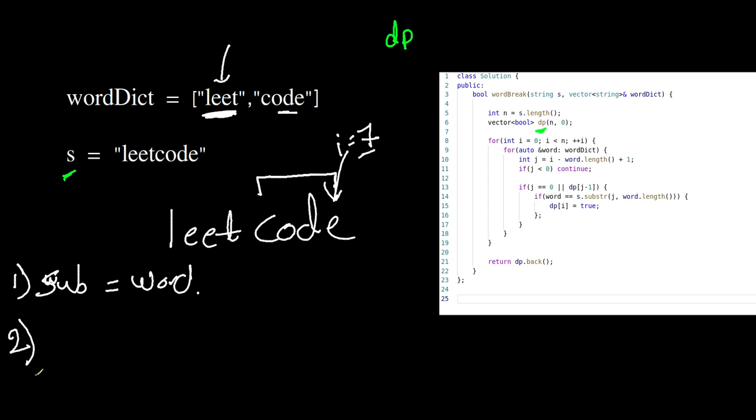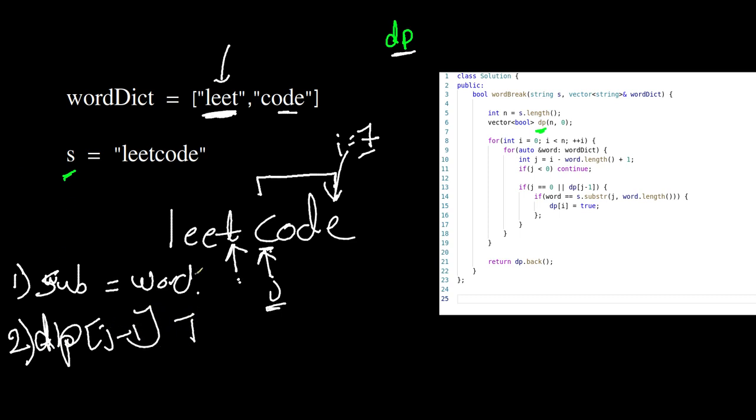Second, if db of the index previous to this, so here we have 4 characters, assume this is j, db of j minus 1 should be true. If we find one word in the dictionary that meets these two conditions, then that means db of i equals true. For example,